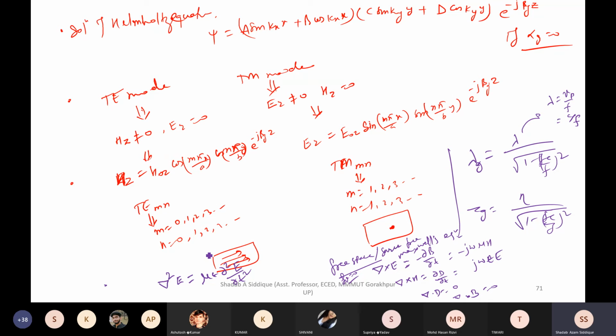If you have one differentiation in the space domain, on the other side you get one differentiation in the time domain with respect to the other field. That is, if this side is the electric field, the other side is the magnetic field, like curl E equals minus del B upon del T. So you are talking about differential functions in the space domain on one side, and you can have the wave equation. I'm not talking about the Maxwell's equation now, you can go through the wave equation. While solving the transmission line also, we had that equation, where voltage converted into current and current converted into voltage.